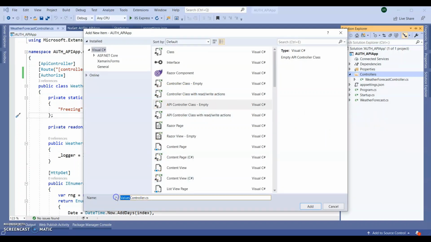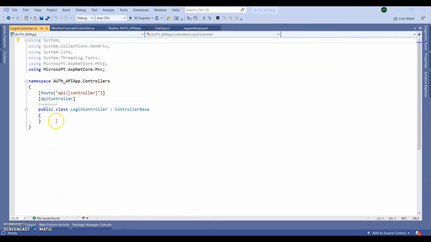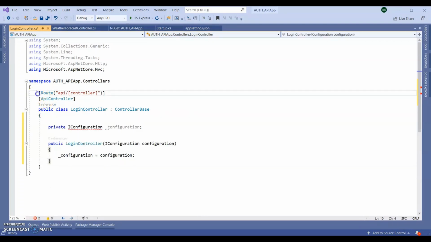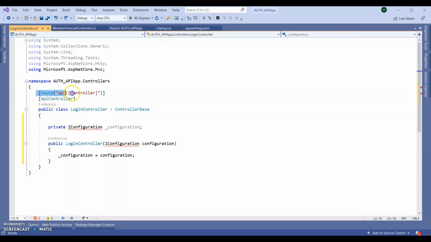So let's give the name LoginController. Inside the controller, I'm removing this particular route here. I don't need a controller-level route. I will give my route at the API level.